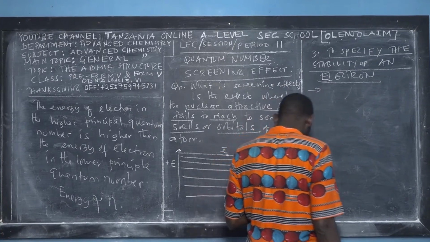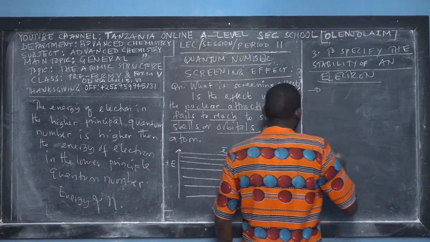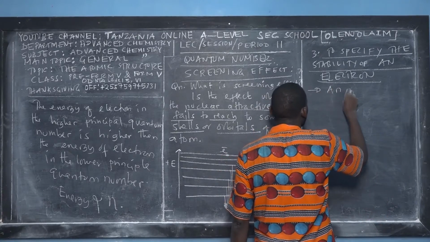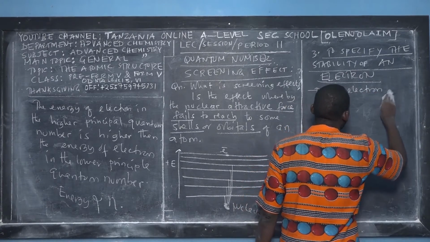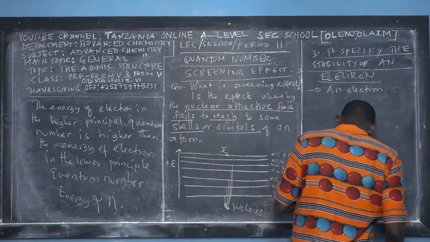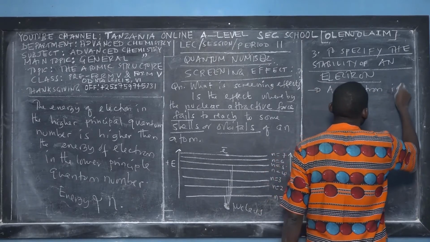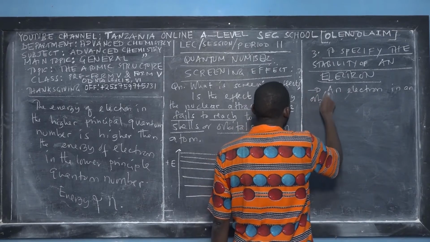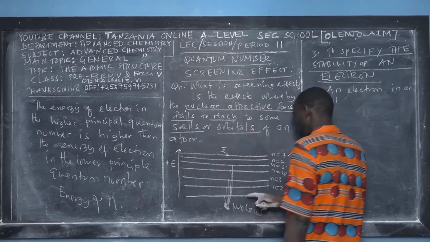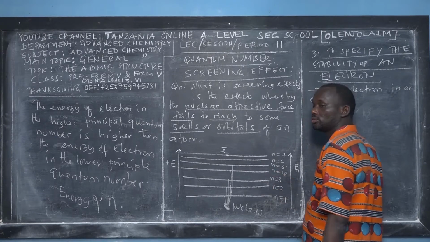We say that an electron found in an orbital, what we call energy levels, or in chemistry we call them orbitals,